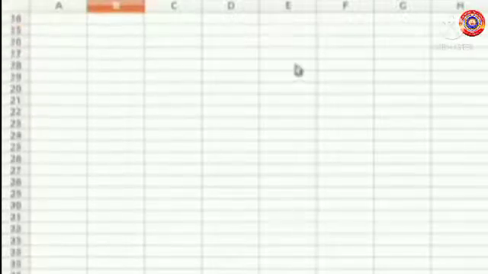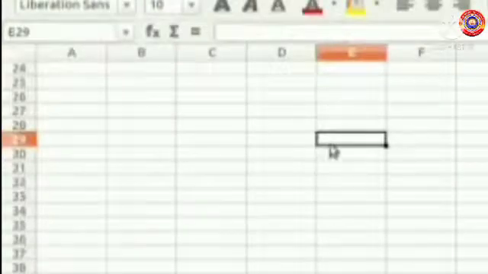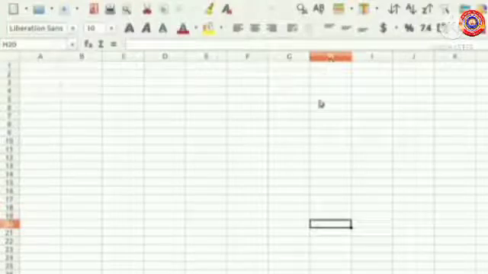Now, the address of a cell is known as the cell address. Cell address is a combination of column header and row header. Look, the address of this cell is E29. It is seen at the leftmost corner of the window, top left corner. Now click on another cell. The cell address is K5. Is it clear for you? Now, the cell address of this cell is H20. Always the cell address is seen in the name box on the top left corner of the window.